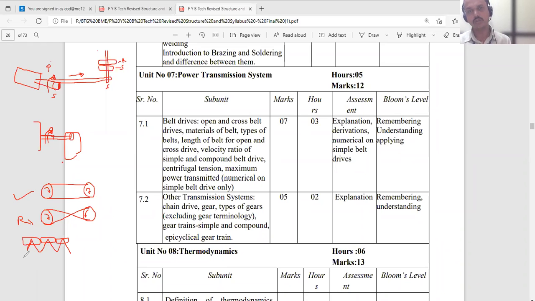Some examples, a very good example of that chain drive is our bicycle. Have you seen that? Yes, sir. One sprocket is there at the center of the back wheel, and one is in the middle where we apply the force on the pedal. So that sprocket applies force on that chain, and that chain again transfers power to that backside sprocket, which